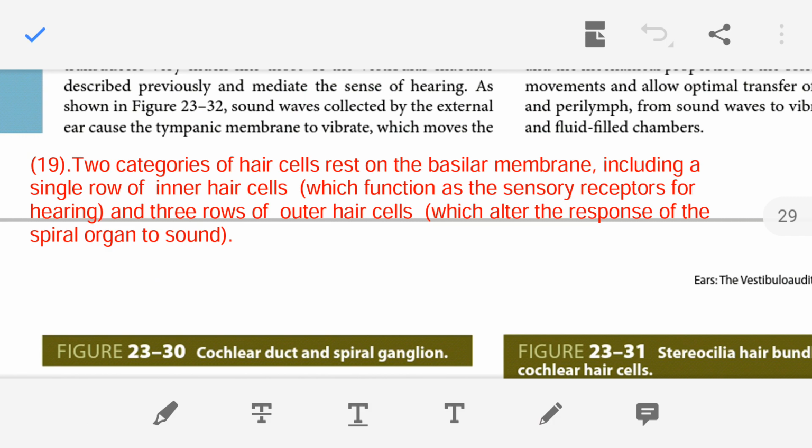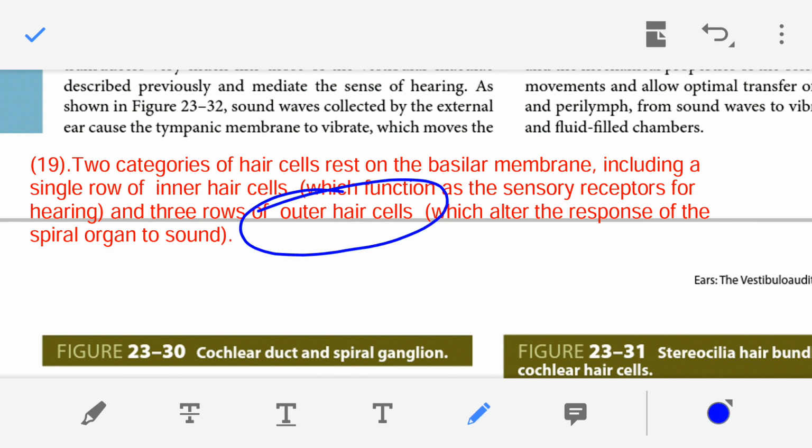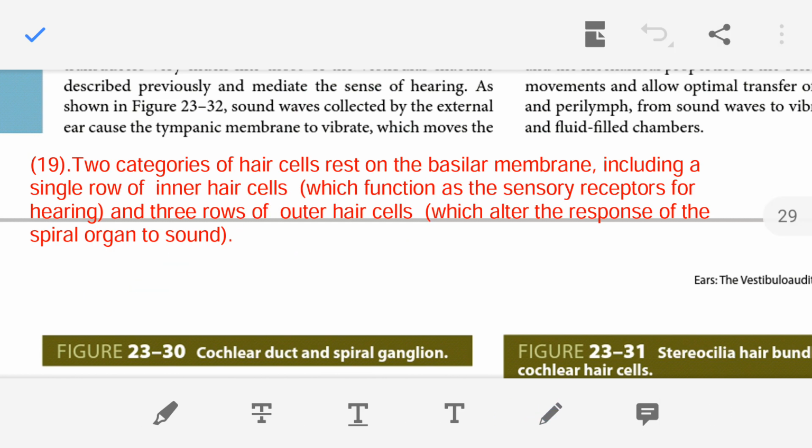See, we experience, we listen, we come across various kinds of sound. So for these various kinds of sound, the response is different. So this response is changed by the outer hair cell. So outer hair cell alters the response of the spiral organ to the sound, so that we can differentiate, and at the same time, we can experience different sounds. Okay,